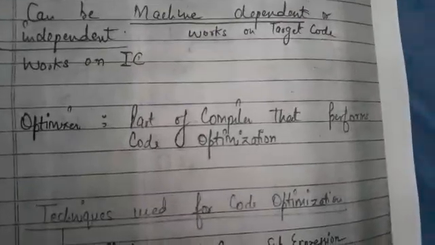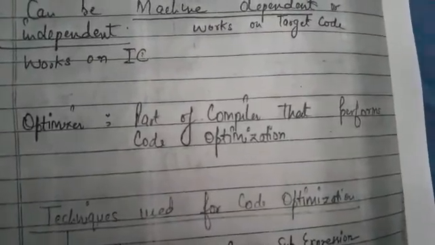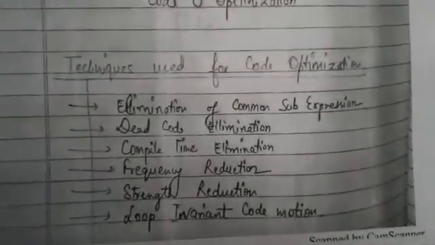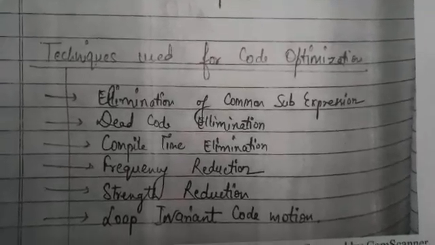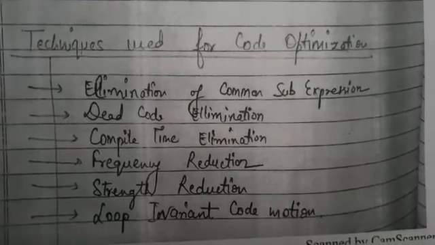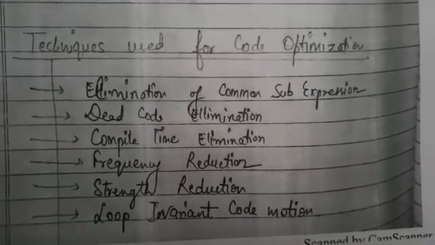The optimizer is the part of the compiler that performs code optimization. The various techniques of code optimization are elimination of common sub-expression, dead code elimination, compile time evaluation, frequency reduction, strength reduction, and loop invariant code motion. Now the first is